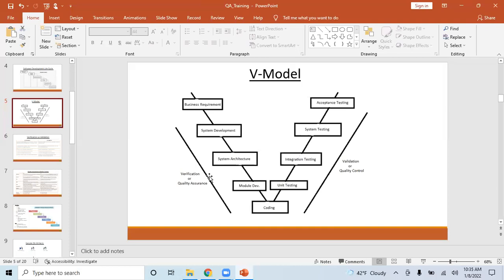Right? For example, there is one architect in my team. He creates an architecture diagram, and he will get that architecture diagram validated by a senior architect from a different project. He will verify and validate that whatever you have done is correct.